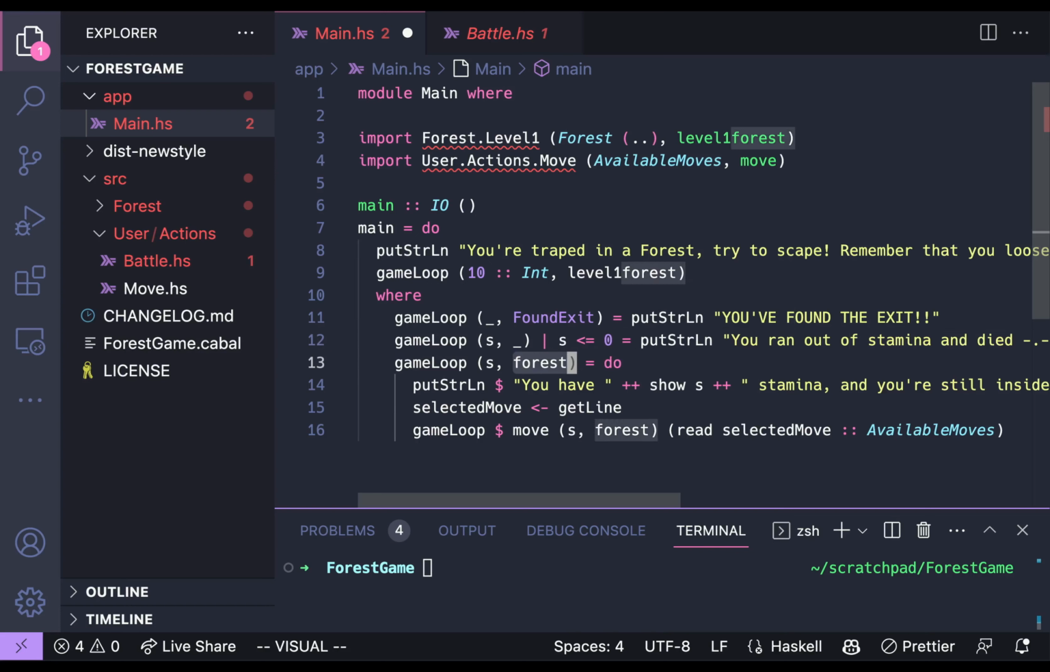But in the case that we didn't find the exit and we still have stamina, we print the amount of stamina you have and the options you have. We get the response from the user and run the game loop again with the updated state. To update the state of the forest and stamina, we use this move function that takes the current state and the option that the player selected parsed as an available move. And this move function that comes from the actions.move